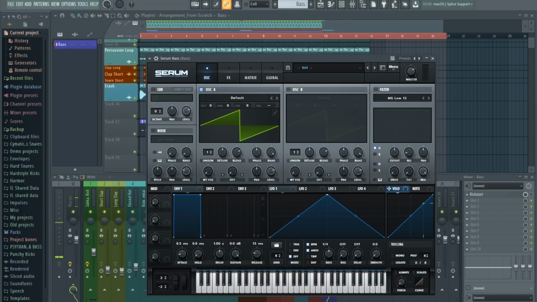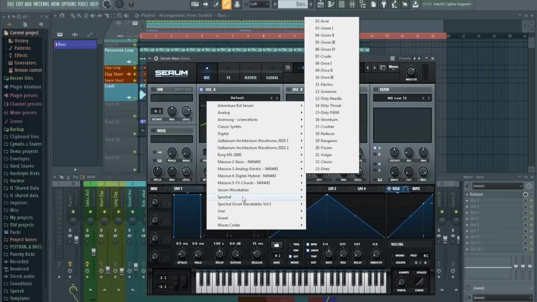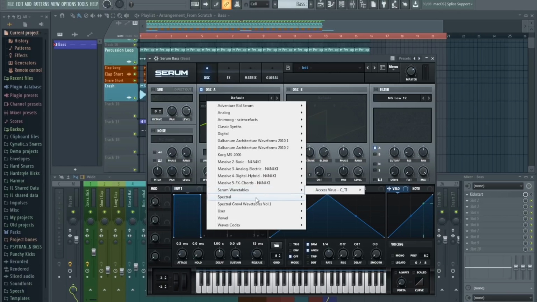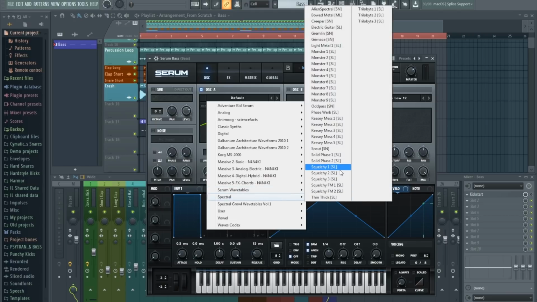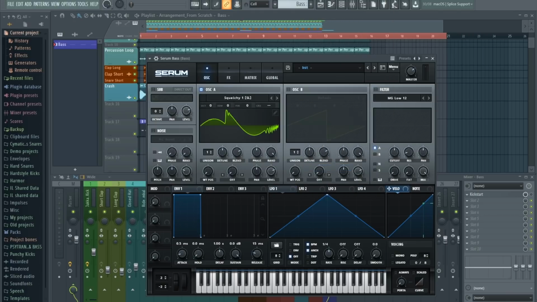That's the init sound. Okay, we're going to be using some cool digital wavetables to make a bit of a different sound than the Massive bass. As you can tell from that already, you can hear